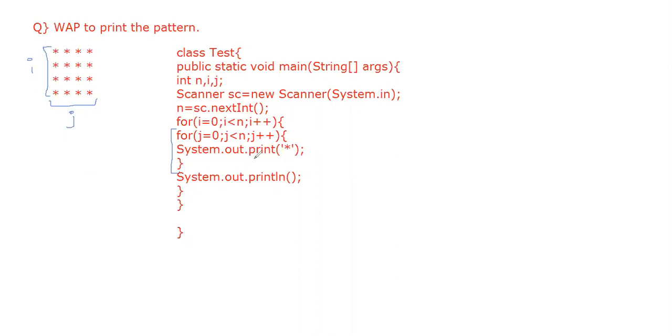Now notice very carefully here we have written System.out.print and not System.out.println. Why have we written just print? Because after every print we don't want to change the line. Suppose we have a star here, I want to print the next star just after it and I don't want to change the line. Therefore, I have not used println. Whenever this row gets over, whenever I have printed all these 4 stars, I will change the line and use System.out.println, and in a similar pattern we will print all the 4 rows or the n rows, whatever will be the case.